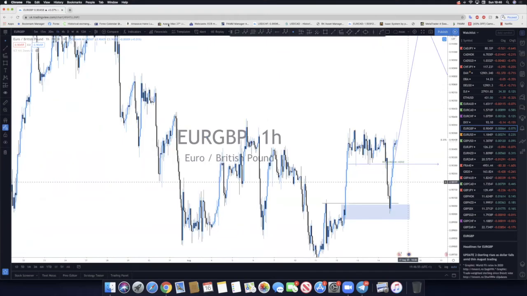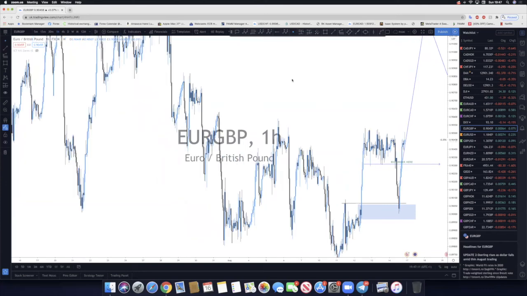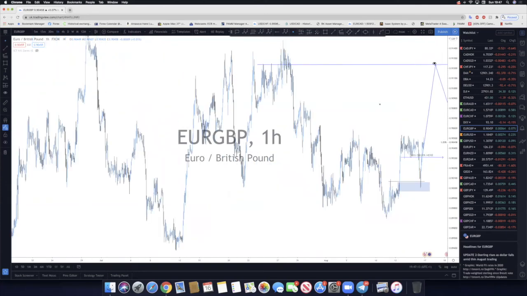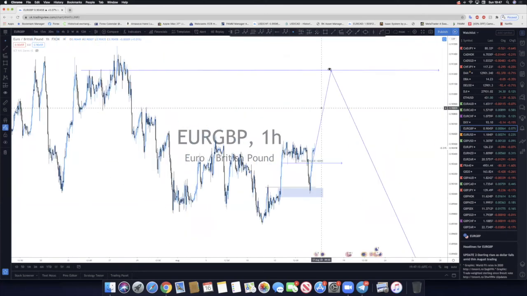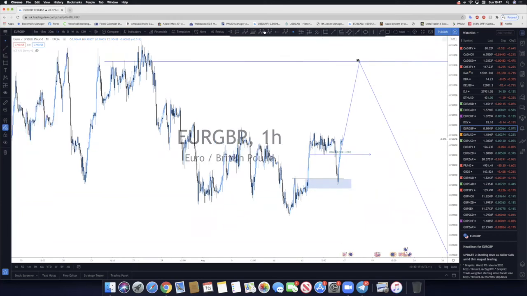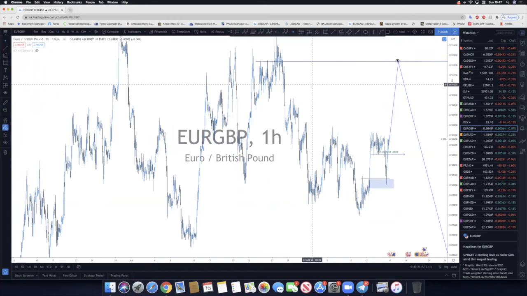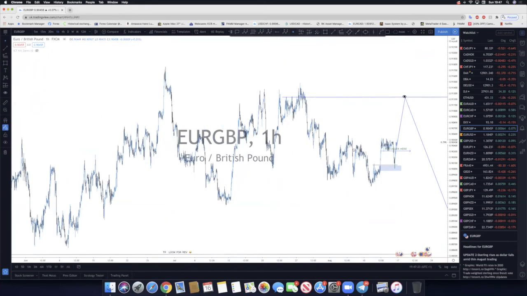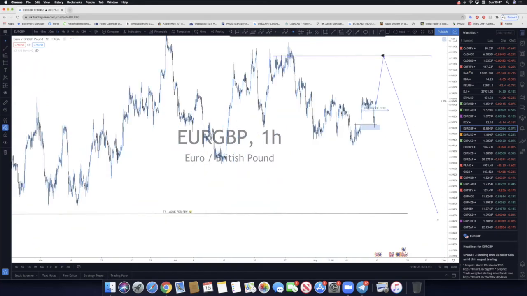I have exactly here that you see a big order here. That was where my buyers were. I didn't get this because I wasn't at home, but I have my buyers. As soon as we break this, I want us to break the top, retest it, and go. So EURGBP has a very strong bias to this level, and let's keep our eyes on it. After this buy, we can go for the sell. But for now, let's try to get rid of the bias first, and then we see how the market will change after that.